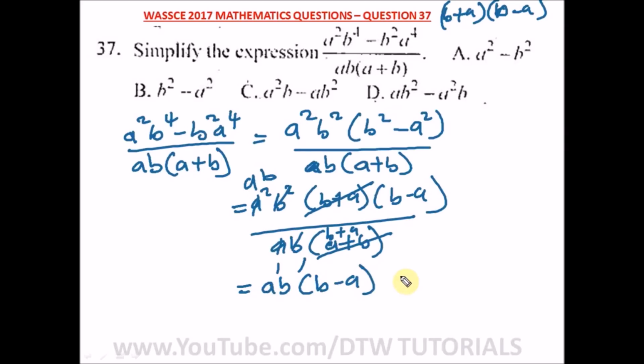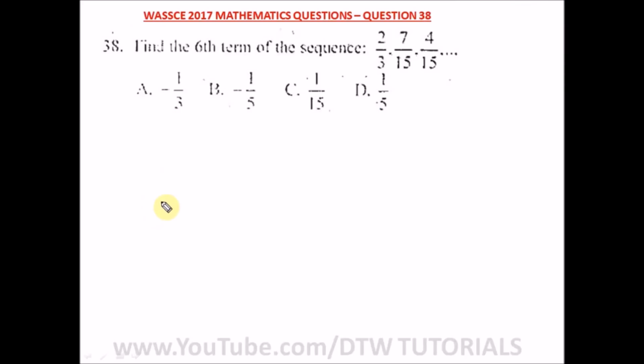Okay, so we can open up this bracket, and we have ab square minus a square b. Is our answer here? Let's check for our answer. Where is our right answer? Our right answer is option B, sorry, option D. Question 38 of our WASSCE 2017 mathematics past question, WAEC 2017, says find the sixth term